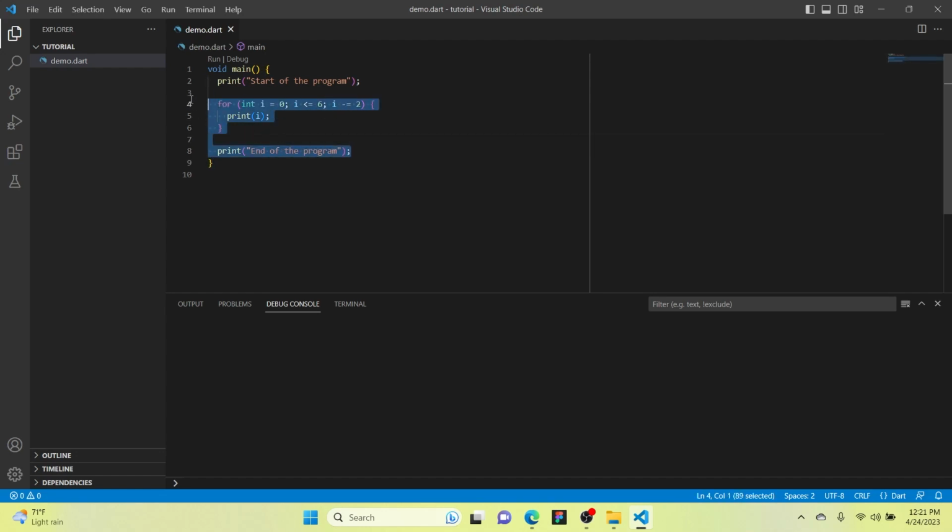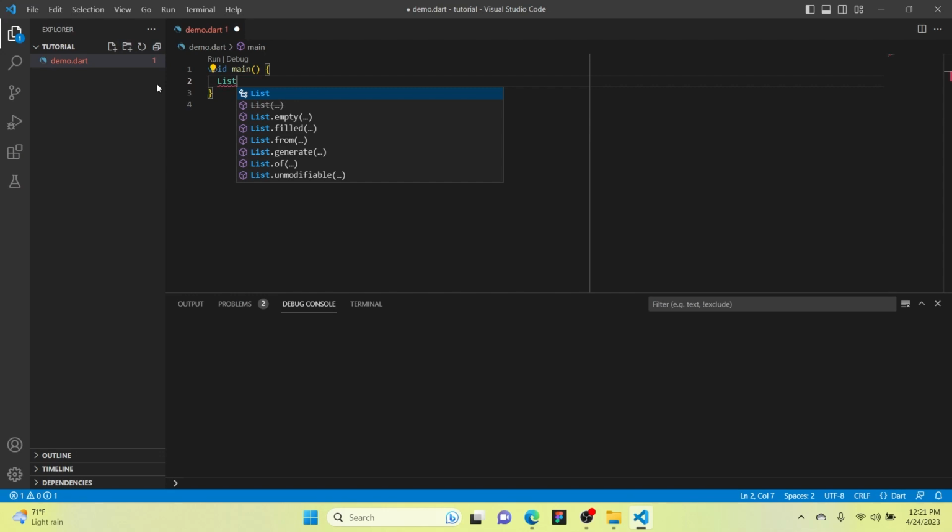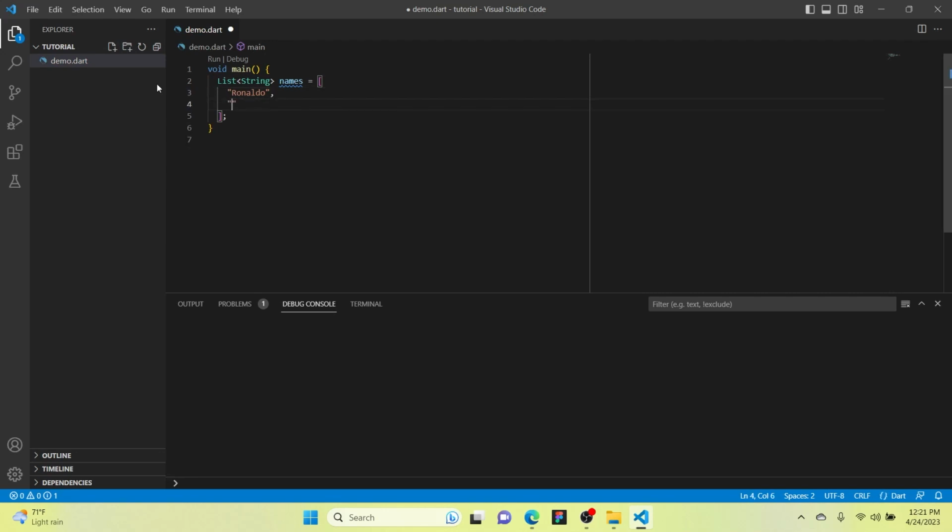Let's try to use for loops for a list, which is going to be more fun. Let's create a list of string. Let's give it names. Let's fill this list with some names. Okay, so we have a list of string in names, and let's use a for loop for